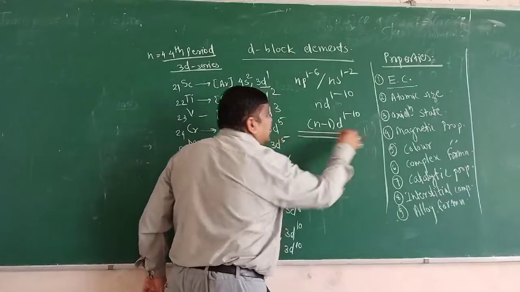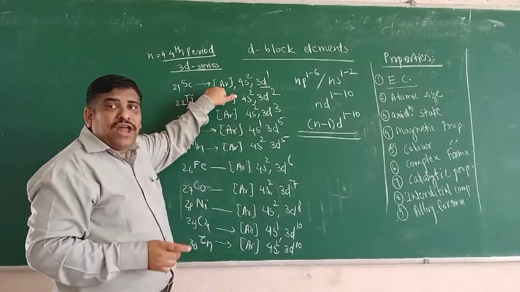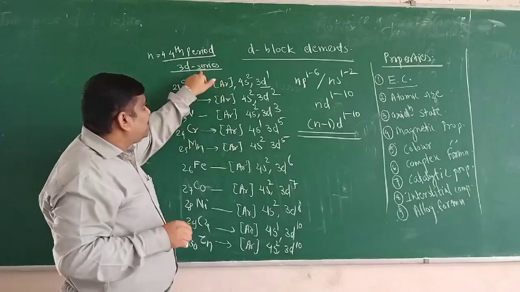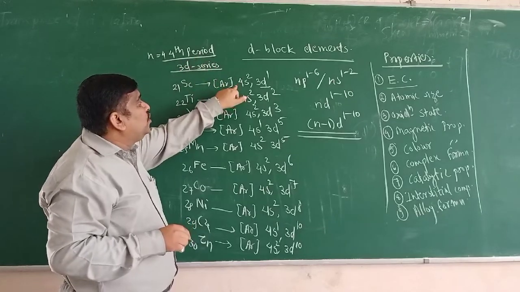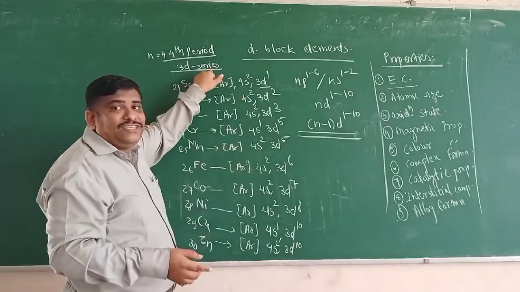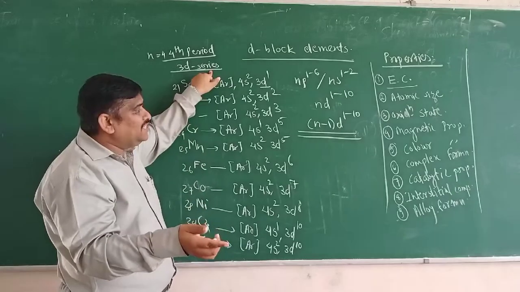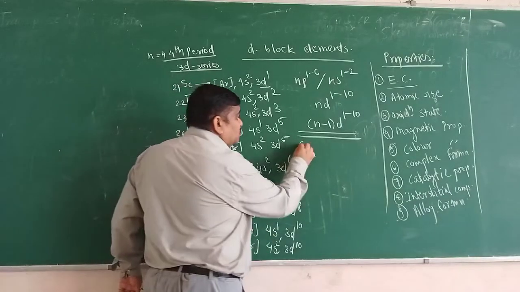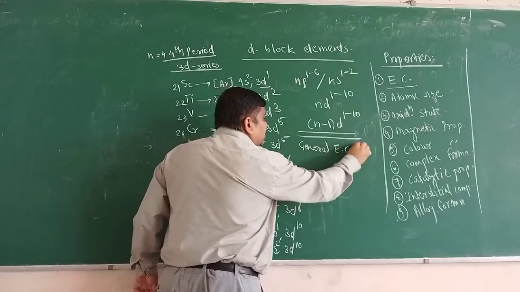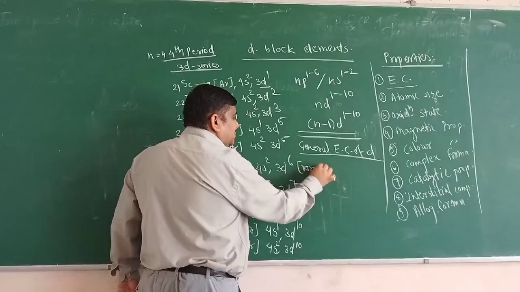But only this is not the general electronic configuration of the d block element. What is there here? Argon, which is the rare gas. For the 3d series, the fourth period, you get argon. If you go for the 4d series, you will get krypton, then xenon, radon, likewise. Therefore, in general, you write the general electronic configuration of d block elements starting with the rare gas.